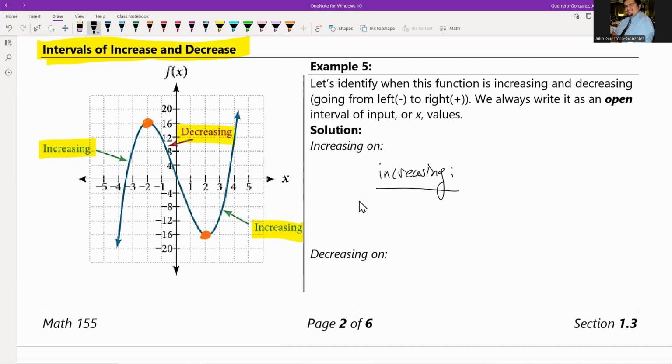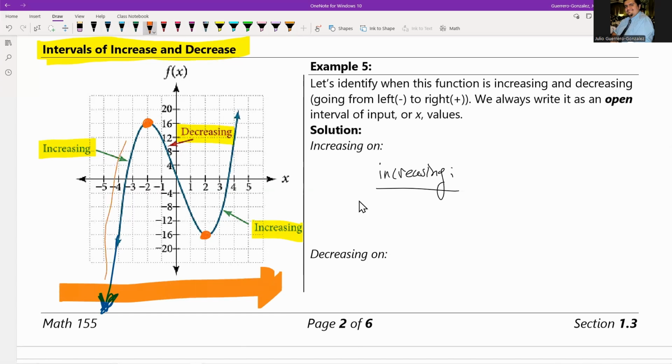So let's do the increasing first, right? And the way that we do the increasing or decreasing is we want to refer to the x values in particular. Got it? We want to refer to the x values in particular. Okay, so increasing, if you guys take a look at the arrow, it keeps going that way. But if we go from left to right, so if we go this way, in this strip,